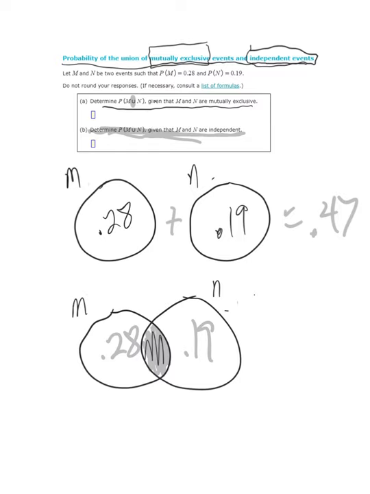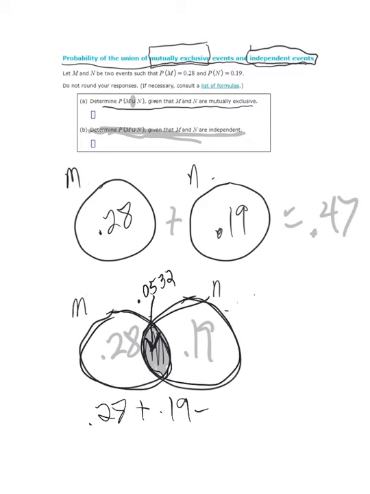The way we find that area is we multiply 0.28 times 0.19, and we come up with 0.0532. That's that area right here. So I'm going to say 0.28 plus 0.19, subtract out this area that got counted twice. I counted it when I did my 0.28, and I counted it when I did my 0.19. So subtract it out one time,